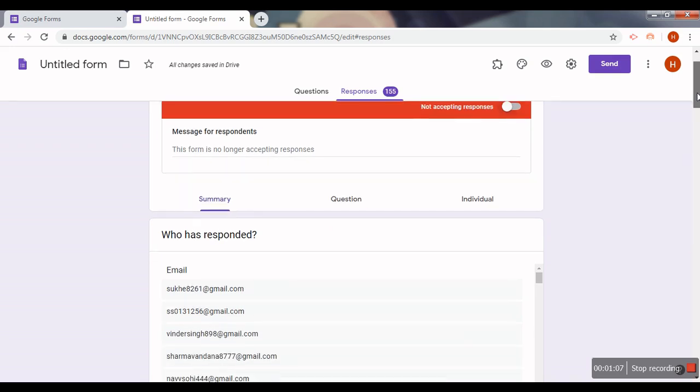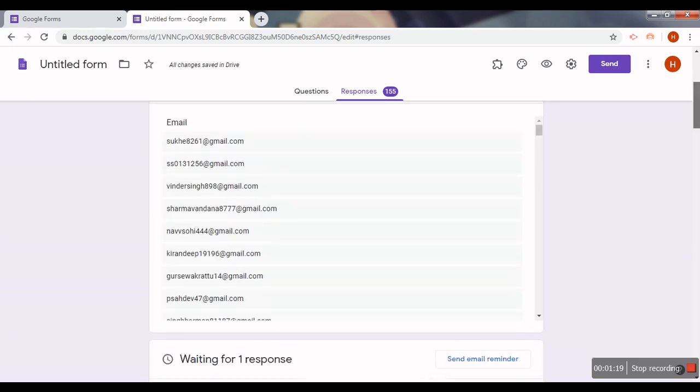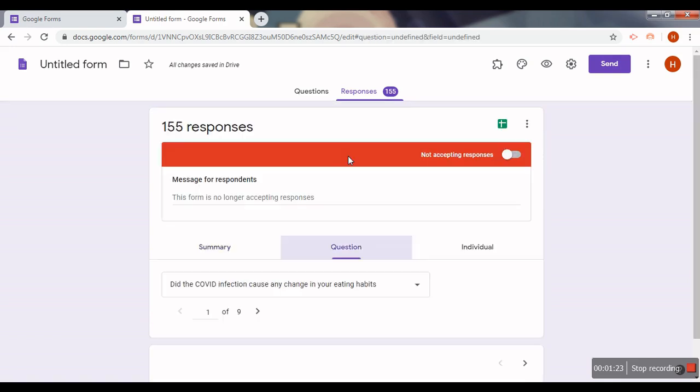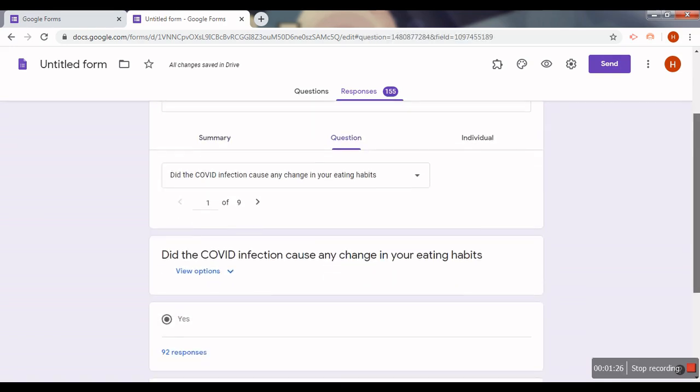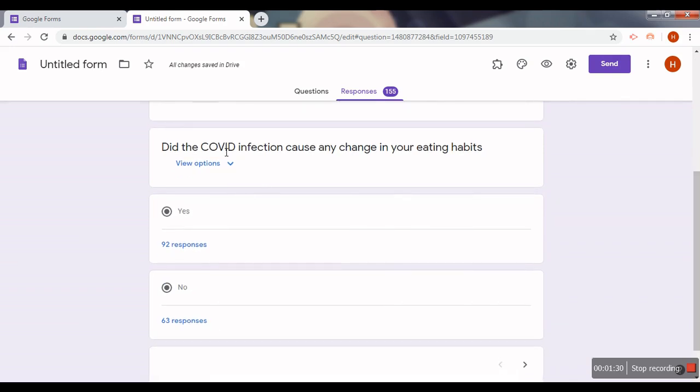Then coming to the next, see it says summary, questions and individual. So we have 3 sections here. Summary is who all have responded, who all have answered, all their emails come here, right? And then the second is questions. In questions, the responses to all the questions you put will come individually. Like the first question was, did COVID infection cause any change in your habit? So how many students answered yes and how many answered no, you will get the data here: